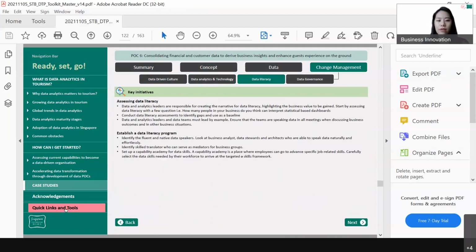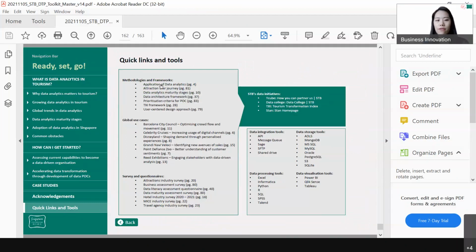Yep. And we have a quick link at the end. So for each of the methodologies, frameworks, and templates, you can access them very easily from the last navigation bar. And with regards to some of the data infrastructure tools and resources, we have put them here. For example, if you are keen on learning about what kind of data processing tools you may use, we listed some of the commonly used ones here, such as Excel, SQL, SPSS, Talend, etc. Yeah, so with that,